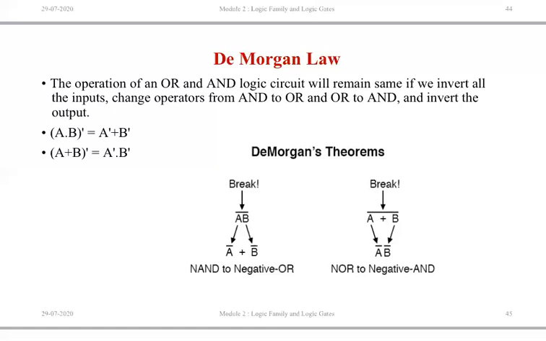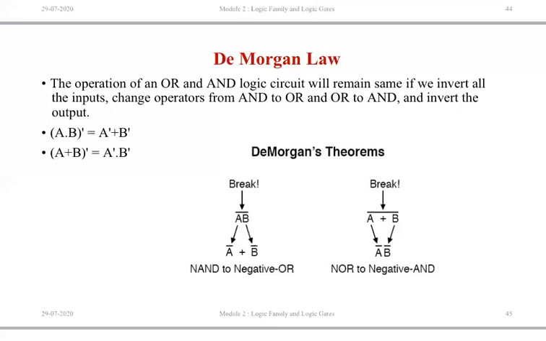This is a theorem that we will see. It is the same thing, only here they used a dash and here they used a bar. Just to show you, because in many problems they might use a bar. So AB bar under De Morgan's theorem is A bar plus B bar.